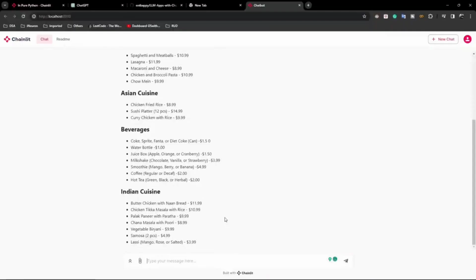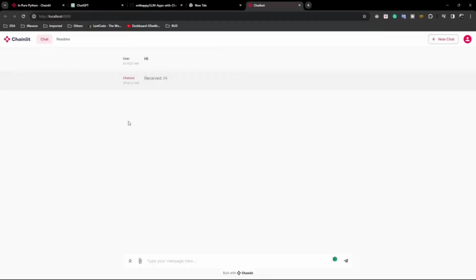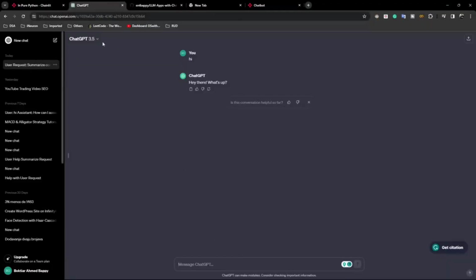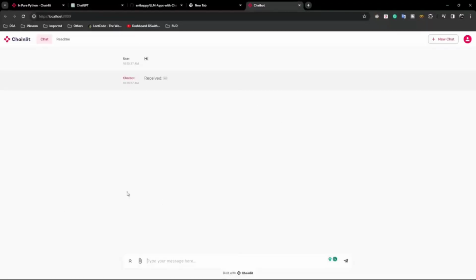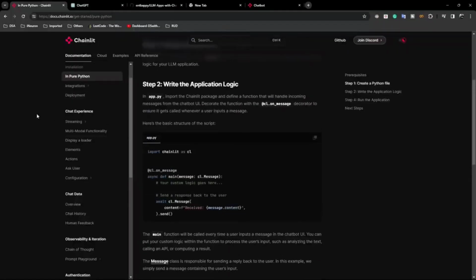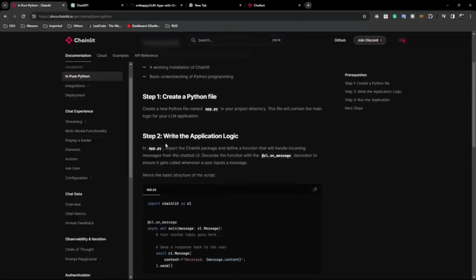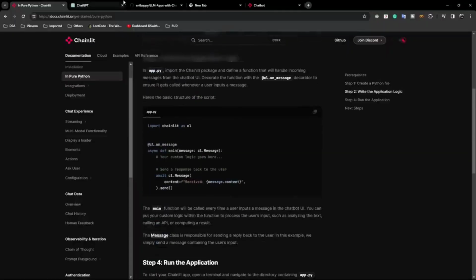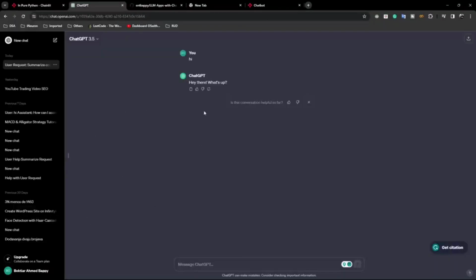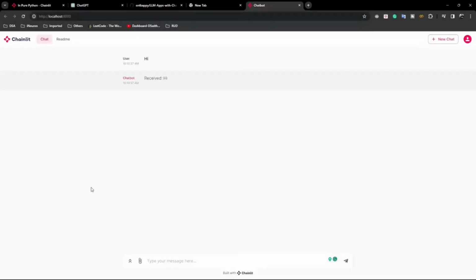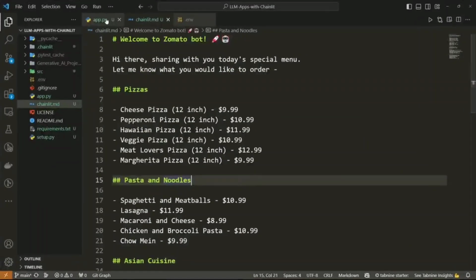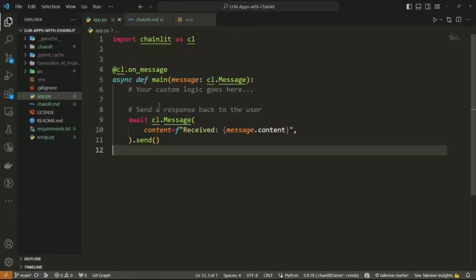Now let's see if I give any message here, "hi". It will give me the same response, "hi". Now if I open ChatGPT and compare, see, it looks like ChatGPT only, right? That's why they say Chainlit is an open source Python package with the help of which you can create a ChatGPT-like interface, a ChatGPT-like application. I love Chainlit a lot, because using only this little code, just one function,